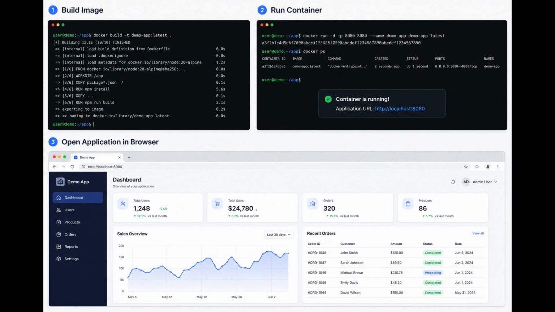This demo shows the complete lifecycle of running an application using Docker, starting from building the image all the way to opening the application inside a browser. In the first step, we build the Docker image. The command shown here is docker build -t